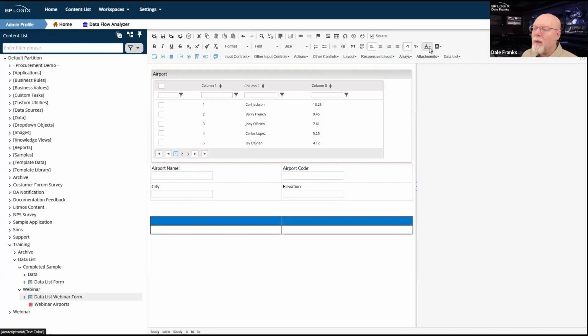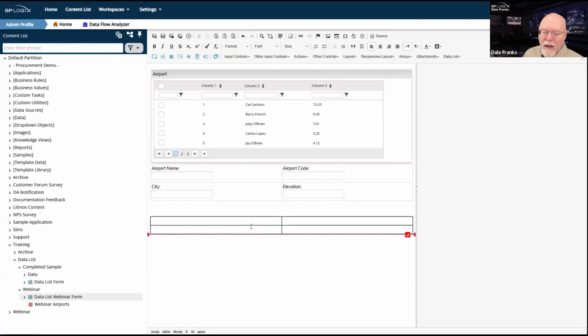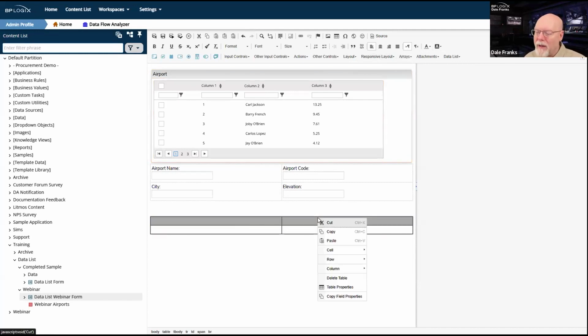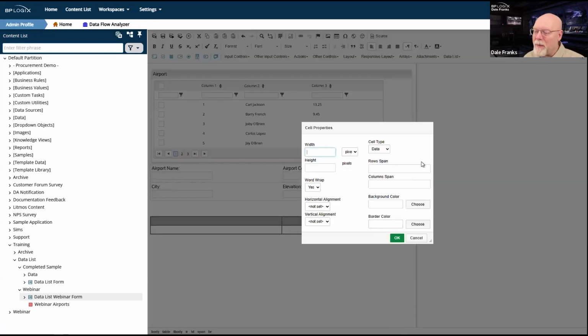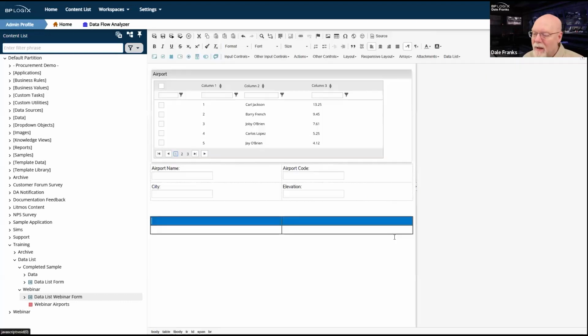Okay, and I will set the text color to white on that. And oh, that's not what I wanted to do. What I wanted was cell properties and set the background color 082F4D. Thank you. All right, what is happening now?